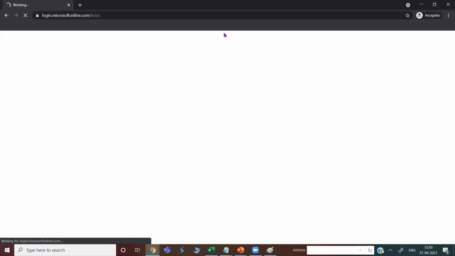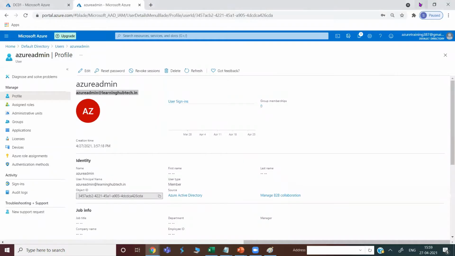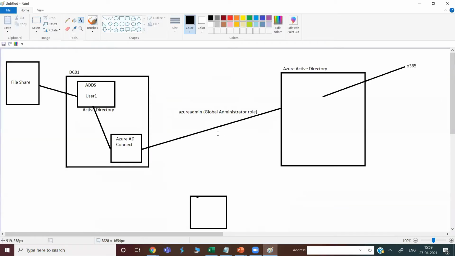Okay, done. So this is also done, right? So this account we have configured and given the role of global administrator, and also we have reset the password.